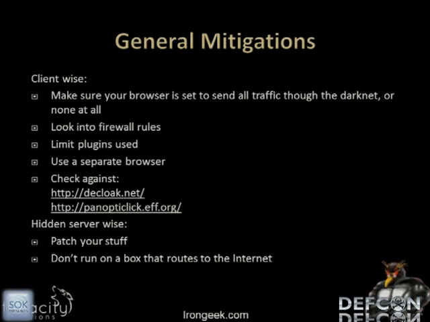Also, don't run on a box that routes to the public internet. If you're going to have a box that you want to host stuff as a hidden service or a Tor EAP site, there's no real reason it has to contact the internet other than just the Darknet client, and it could actually be running on a different machine on your network. The Darknet client could be running on another machine and just forward all its port activity, but the box you're actually running can't directly contact the internet no matter what people send it. And that might be a good call as well.